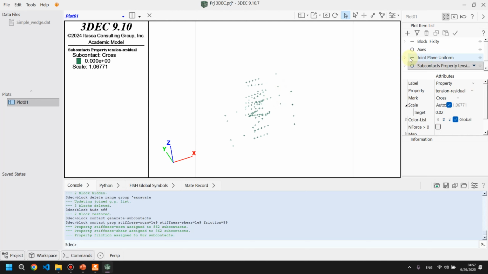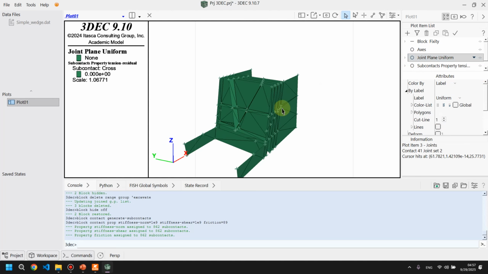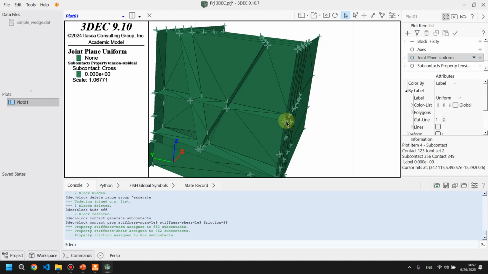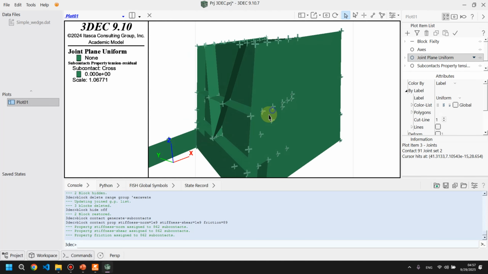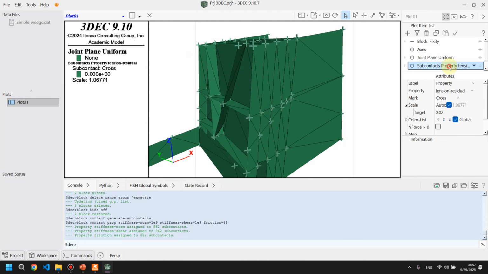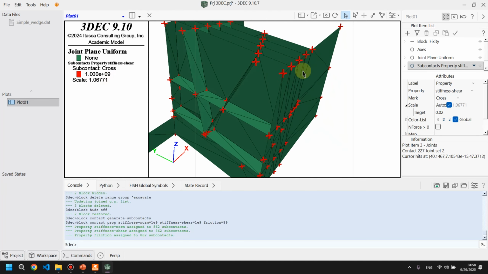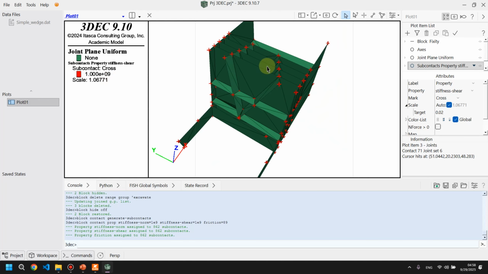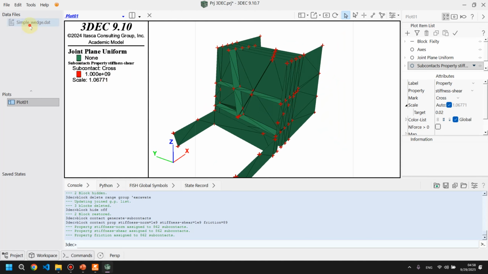Let me do that together. The subcontact is the connection between the blocks. You can see here the value, for example, for stiffness shear. You can see the value, this red color, this value in the subcontact. So after that,